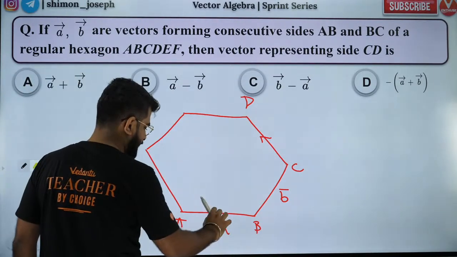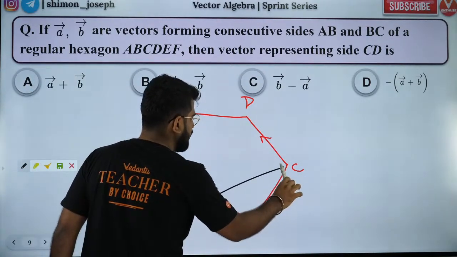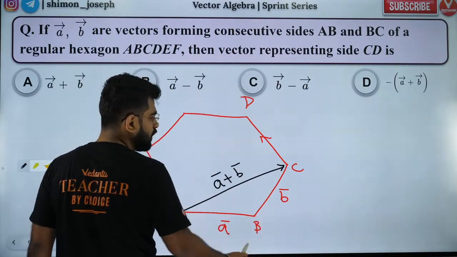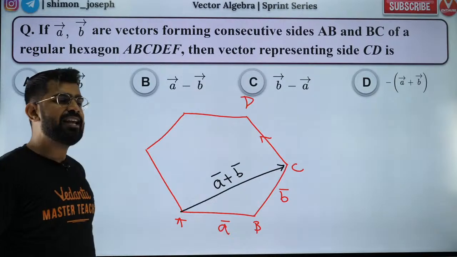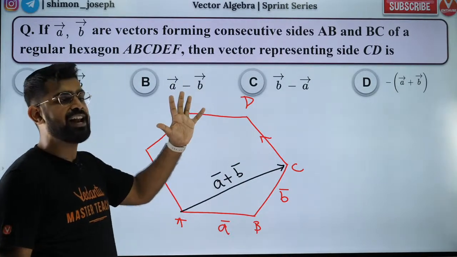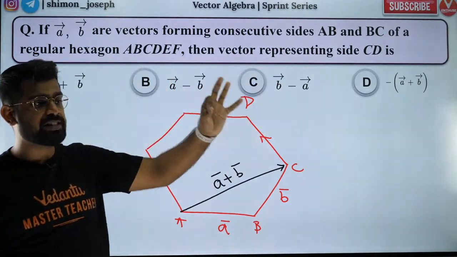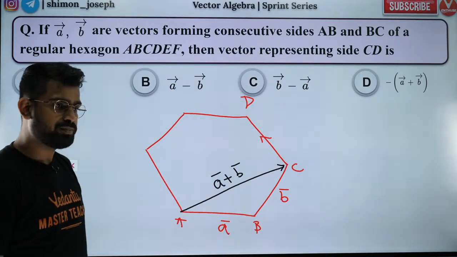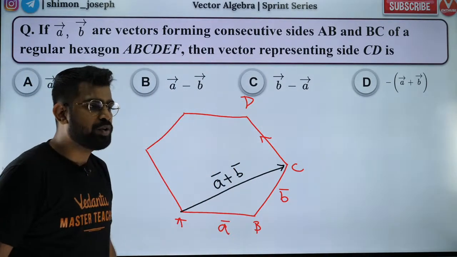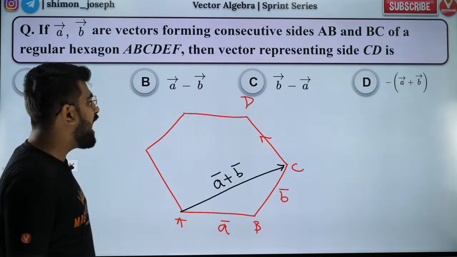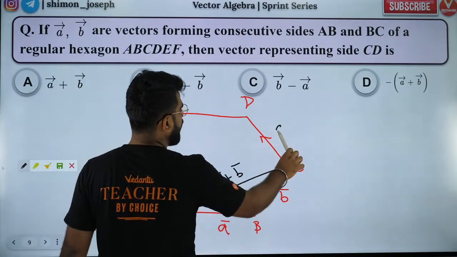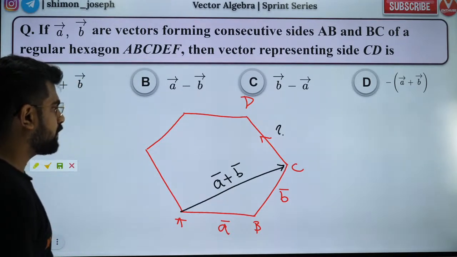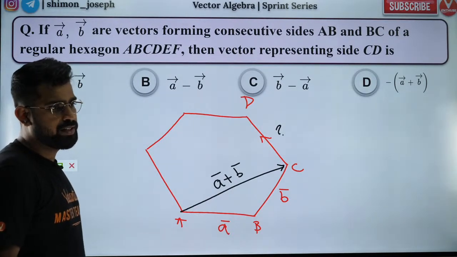So first of all, guys, what is the AC vector? Can I say AC vector is A plus B? Do you all agree? AC vector is A plus B. How many of you agree? Can you all give me a thumbs up? Sir, yes sir. AC vector is A plus B. I do agree with you. Everybody cool with that? Fantastic. Now, I want to find out what this is. Are you guys clear with that? Everybody? Are you all happy with it?